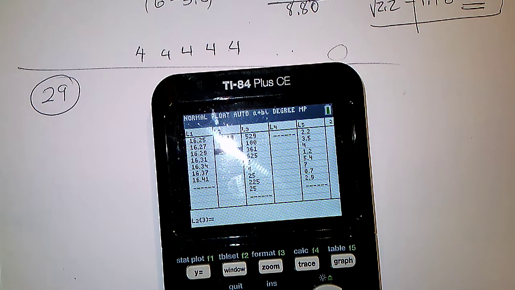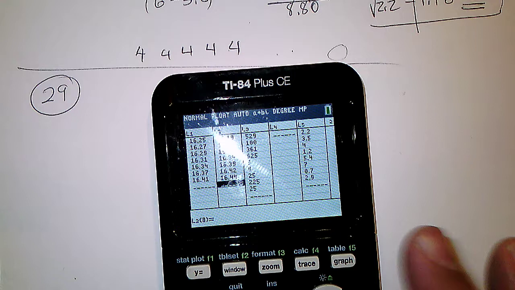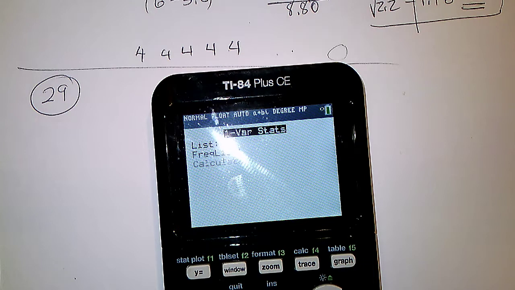16.22, 16.28, 16.34, 16.39, 16.42, and 16.44. And now I can get the mean and the standard deviation by simply going stat, calculate the one variable statistics